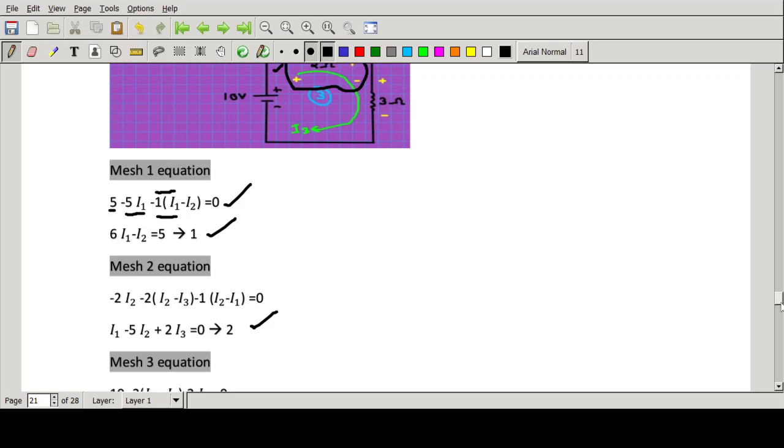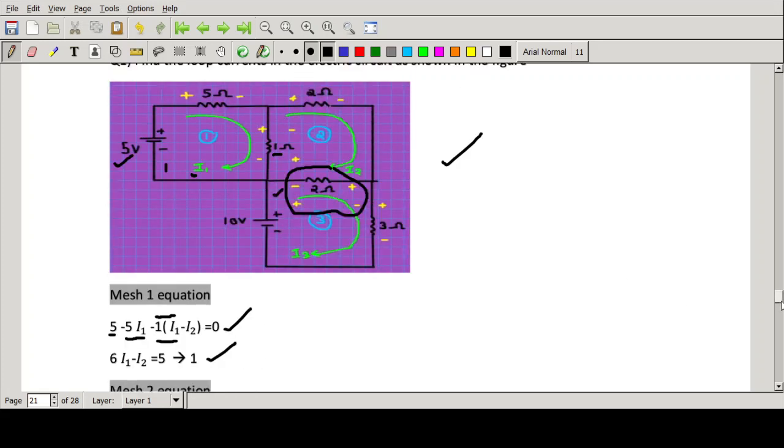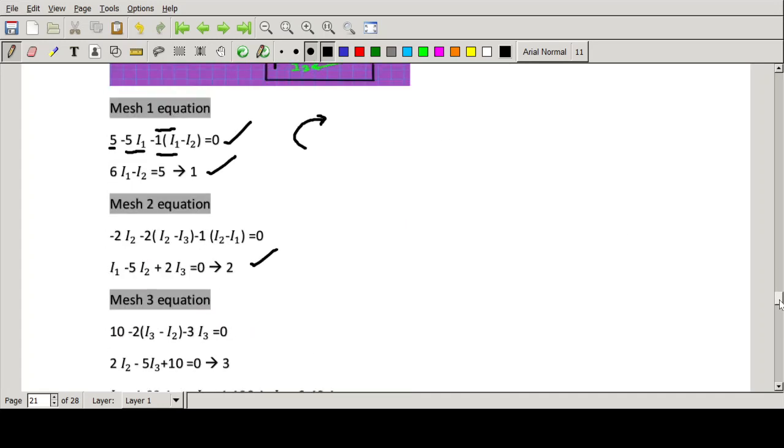Similarly, you have to write the equation for mesh 3. In mesh 3 also, assume that you are moving in the direction of I3. When you reach this particular point, it is minus to plus, so you will write it as 10. Then you have to consider the resistance across this 2 ohms. Since you are moving in this direction, you have to consider the voltage drop across it due to two currents, I3 and I2. The first one is minus to plus, due to the current I2, so you get plus 2 I2. That is what is written here. Like that you can write the equations.